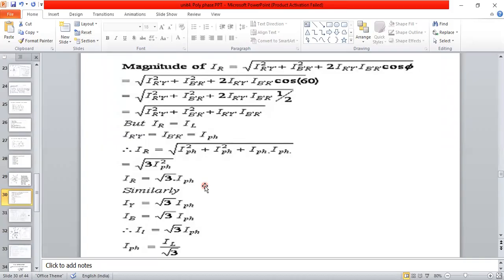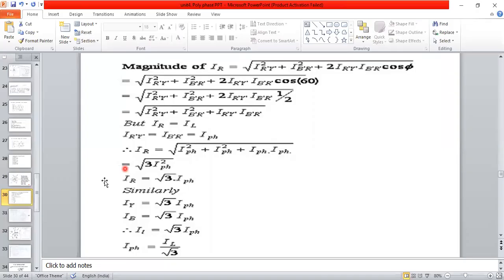Only one star connection or delta connection equation you remember. For the delta conversion, what do you do? In the place of voltage write current, in the place of current write voltage, and the matter is closed. In the place of V write I, in the place of I write V. That's it. Is it clear? Yes, sir.